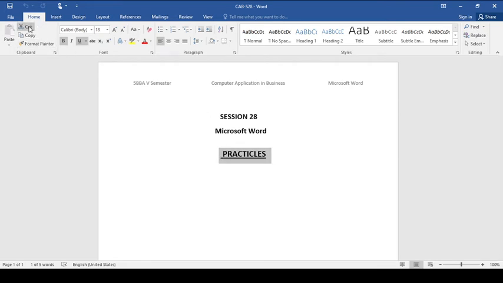See, if we use this cut, the content whatever I had selected becomes cut. If I want it once again, I can paste it, so the paste will come. This is one option. Or we can select the content and use Control plus X. That will be the cut option. That's a shortcut key we use, Control plus X. If we want to get back or paste the same thing, I can use Control plus V.